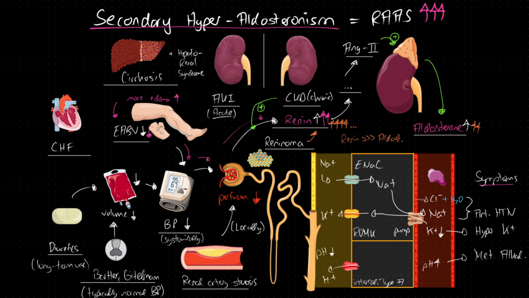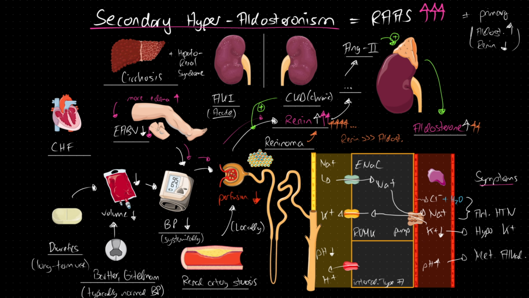Let's summarize today's topic. First, the key difference from primary hyperaldosteronism is in plasma concentrations. In primary hyperaldosteronism, aldosterone is high and renin is suppressed. In secondary hyperaldosteronism, both aldosterone and renin are elevated. However, both can cause hypertension, hypokalemia, and metabolic alkalosis. But these effects don't all have to be present simultaneously, so there might only be hypertension or hypokalemia, or maybe only metabolic alkalosis. Second, for example, blood pressure can also be normal or even low in diuretic-associated hyperaldosteronism, or in